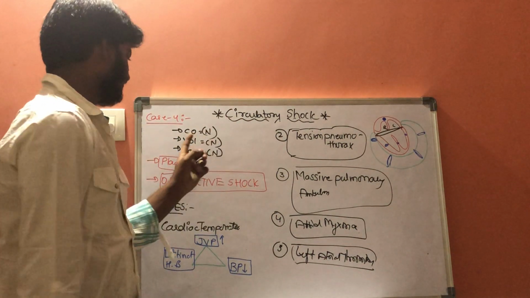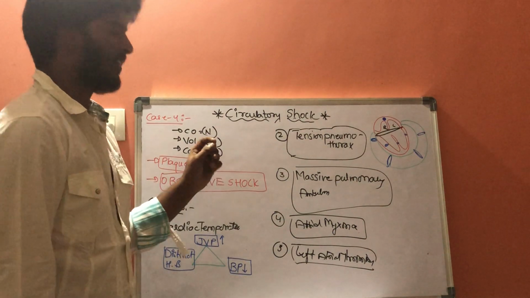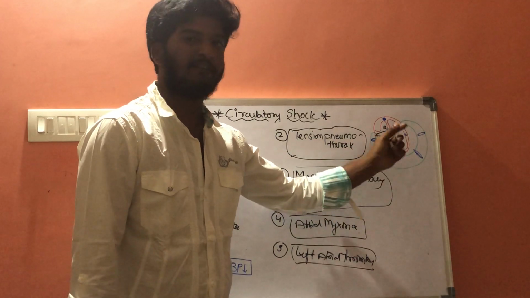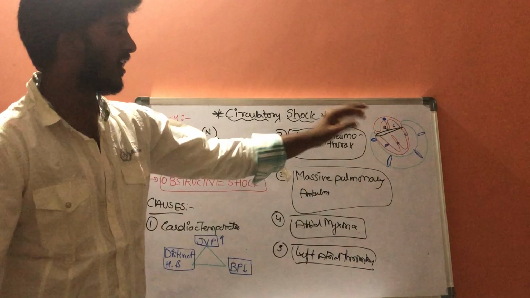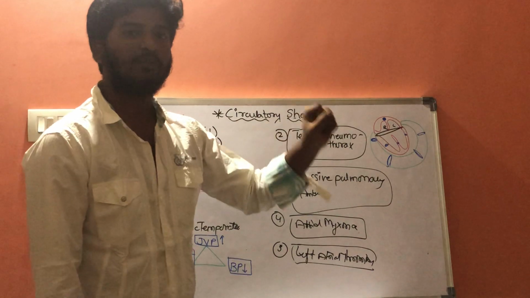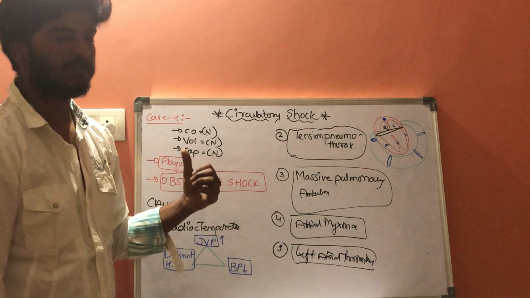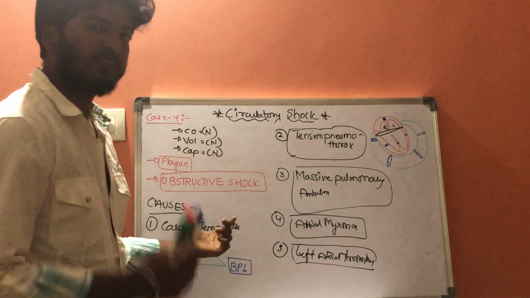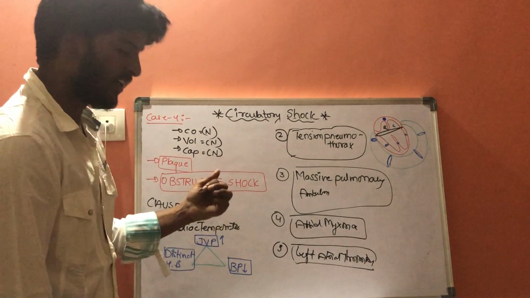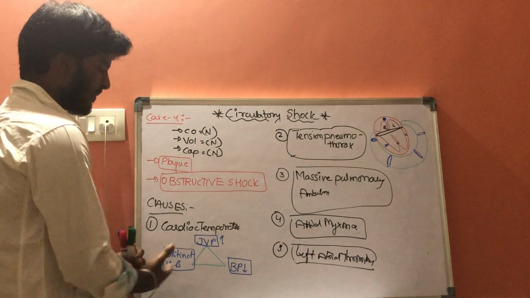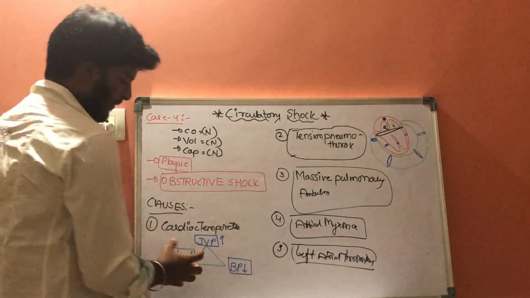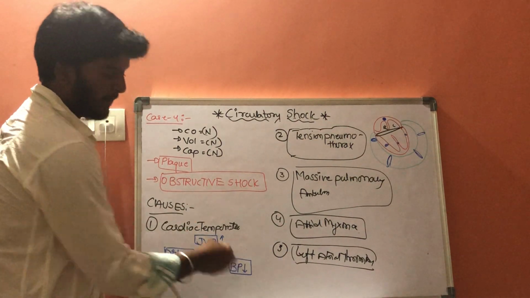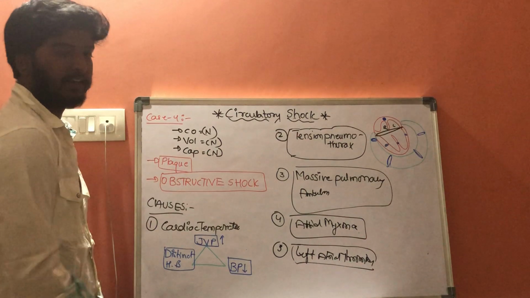Cardiac output is normal, volume is normal, capacity is normal, but there is presence of plaques, any cholesterol fatty material within the circulatory system or heart which causes obstruction to the flow of the blood, and this is called obstructive shock. Causes are, first one is cardiac tamponade, accumulation of fluids within the pericardium. A person suffering from cardiac tamponade experiences three properties: jugular venous pressure will be increased, blood pressure will be decreased, and a distinct heartbeat can be seen.